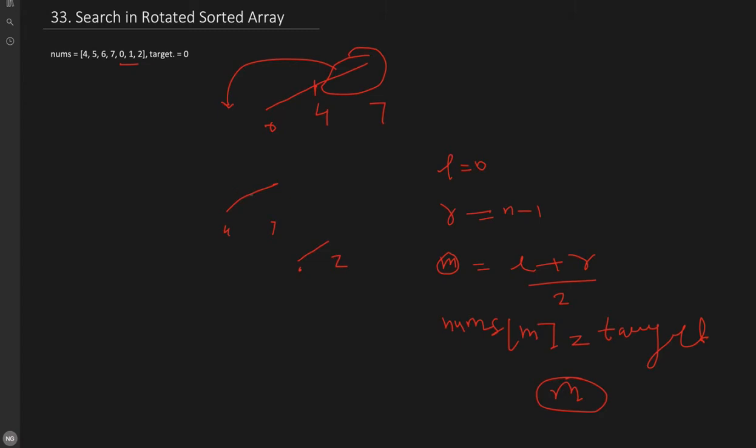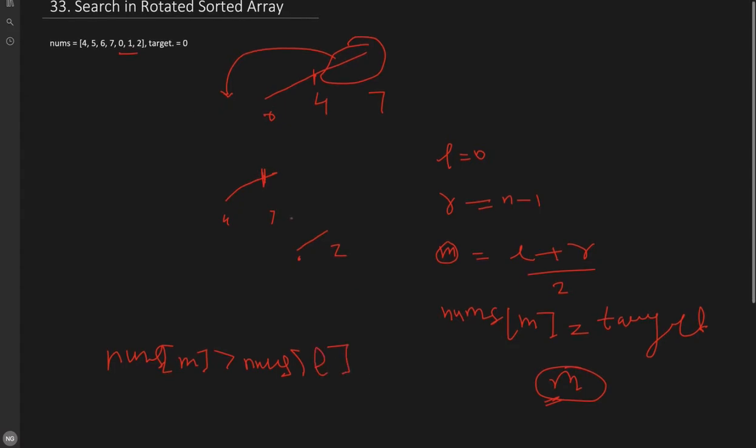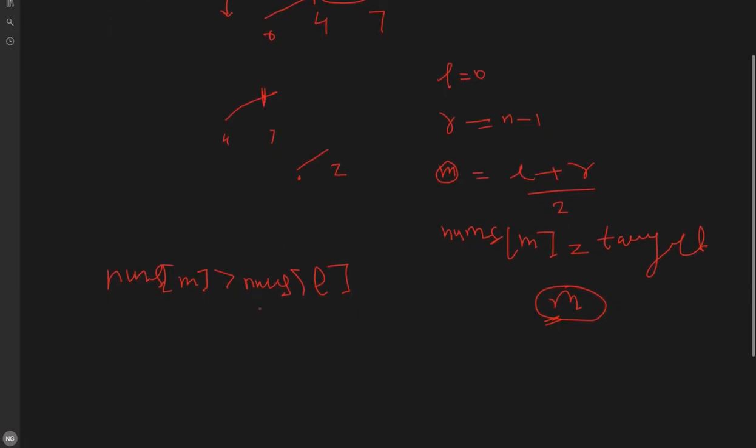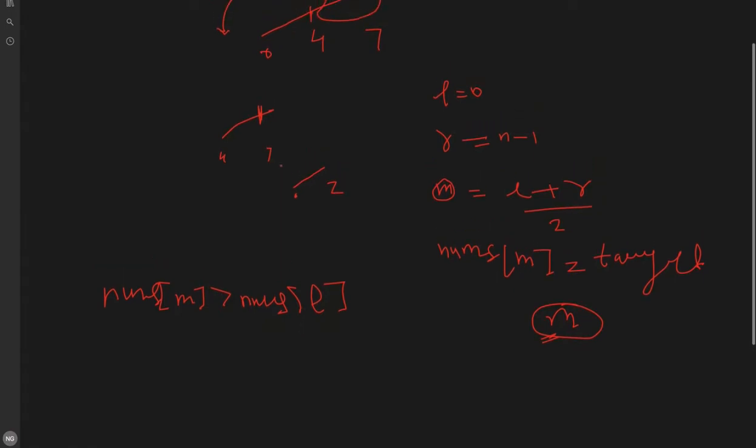So here, first we will check where the mid element lies. We compare mid with nums[L]. We will check if nums[mid] is greater than nums[L]. So on the left side, from L to mid, all the elements are greater than the element on the left side. If this is the case, this is one case. Another case can be mid being in this other range. So if we got the mid in this first range, this first case, now we will check where the target is by comparing two elements, nums[L] and nums[M].